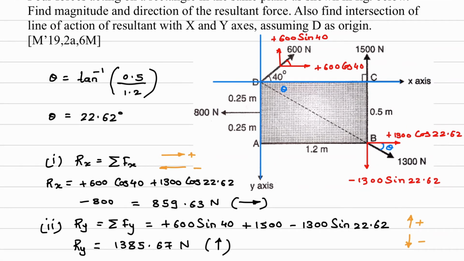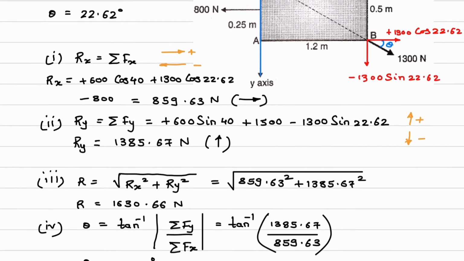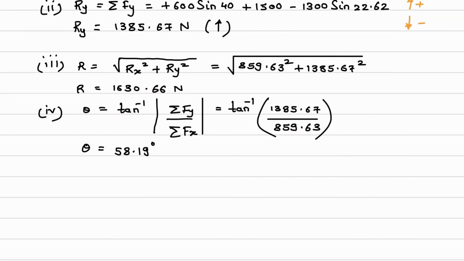Now since this force system is general force system, we have to calculate moment, and about which point it has been mentioned in the question, about origin. So origin is point D. So we have to now take summation of moment about point D. So pay attention when we are taking moment. So next step is summation of moment about point D. So this will be equal to,